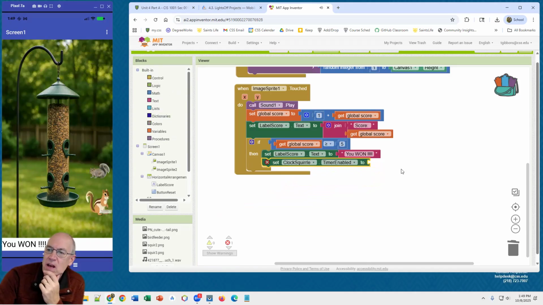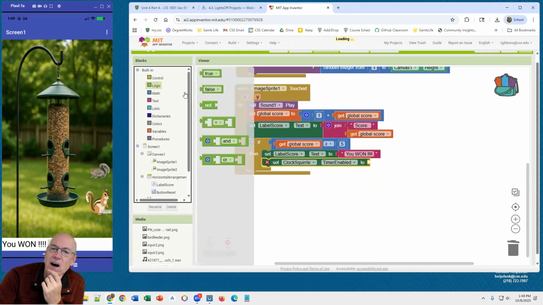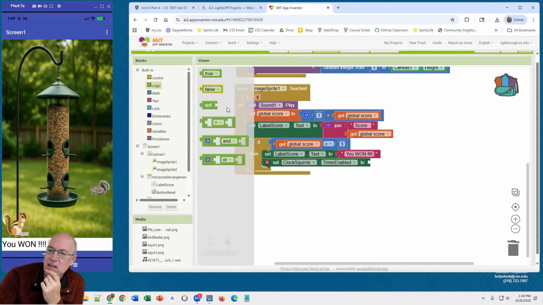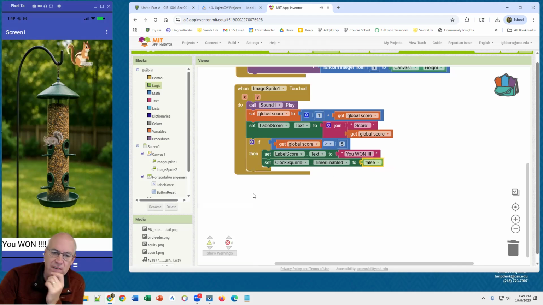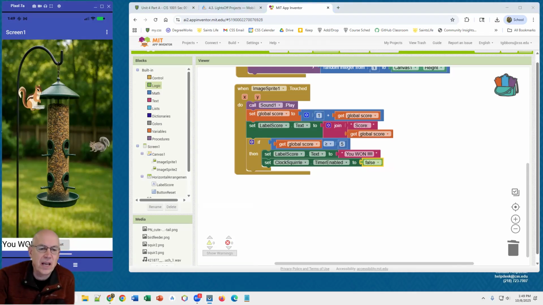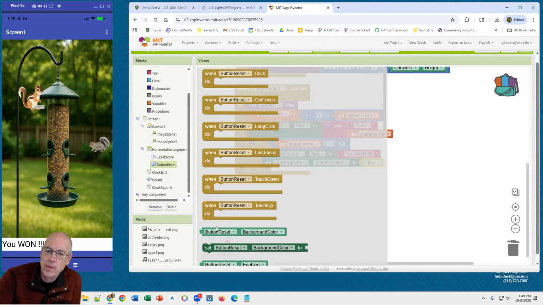It has to be set to a true false value, and those are under logic. So I can say set it to false. So then if I click this and win, it'll say you won and everything will stop. And then I might want a reset button to undo these two things here. So again, I might want to add my reset button. So when I click on the reset button,